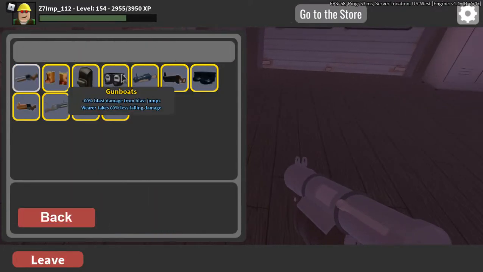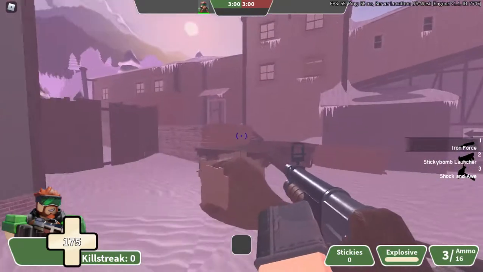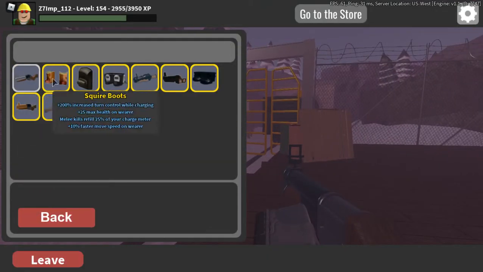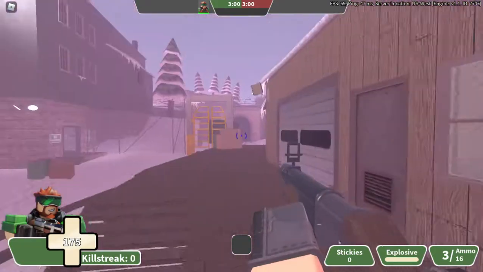Now, the other thing is the Iron 4. So you might ask, what's the Iron 4? Because it does 50% more damage to buildings, here's the thing, you would obviously need to use all the grenades and stickies to actually blow the door. But because it has 50% more damage,